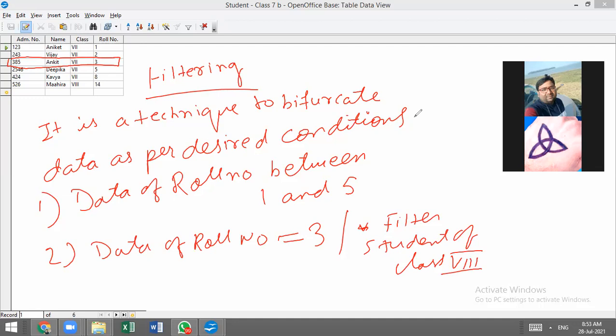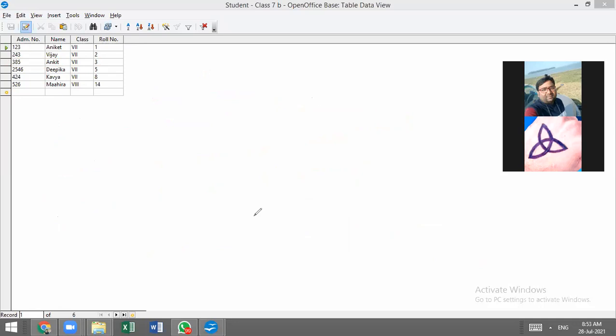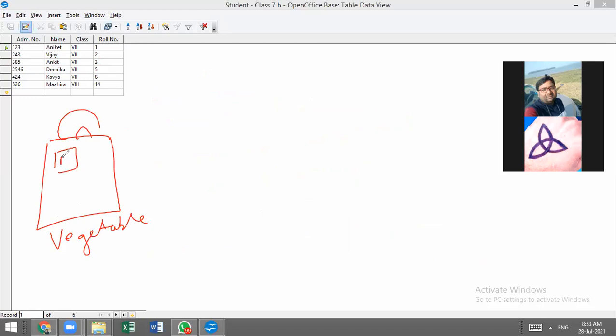So this is the concept of filtering. We can relate with a real life example also, students. When my father goes to market to bring vegetables, he used to take a carry bag with him. He purchased vegetable A, B, C, D, E in the carry bag.